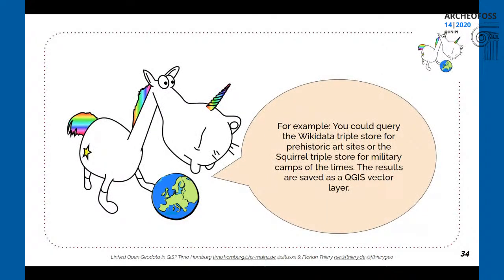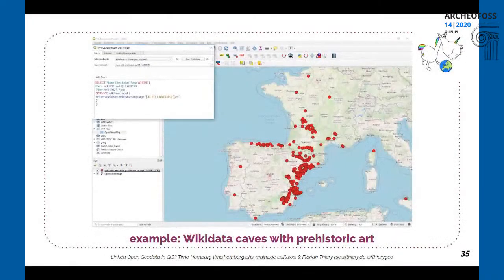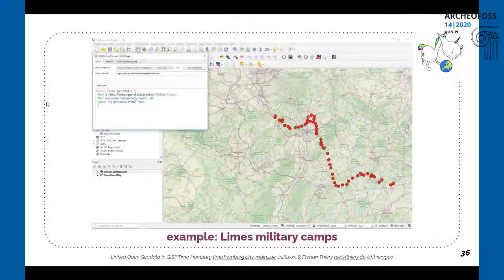So what might be a use case for you? You could query the Wikidata triple store for prehistoric art sites, or our own research scribble triple store for military camps of the Limes. This is the data set that we have actually shown before. And Wikidata is also accessible in our menu, so you can query Wikidata, for example, for prehistoric art, or